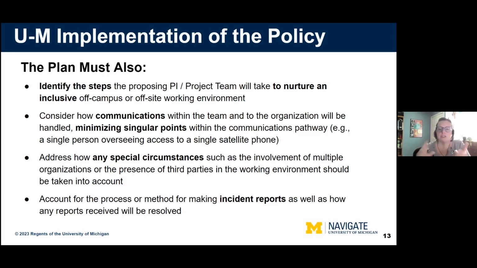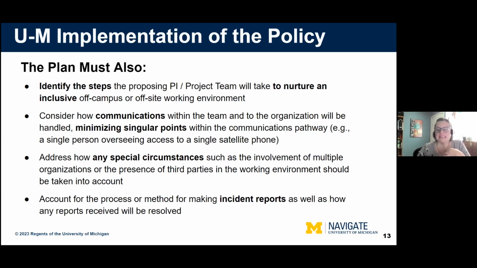And as Pat had alluded to before, with the NSF Bio and Geo directorates, some of the solicitations require that a safe and inclusive work environment plan be submitted to NSF. There's some bits that are a little bit different and specified in the solicitation about what they want submitted directly.